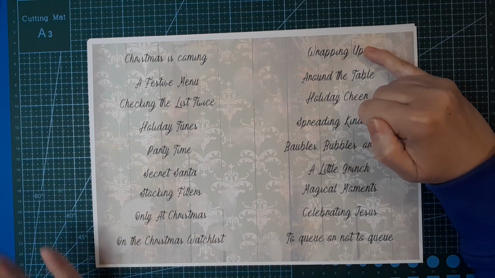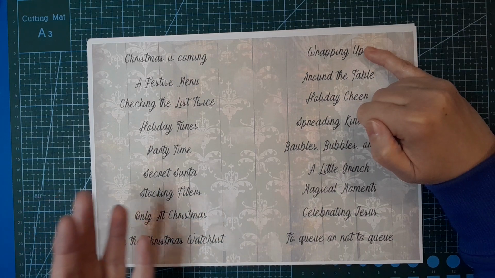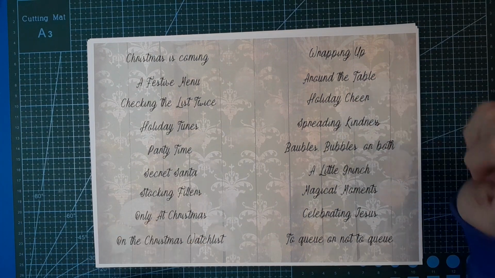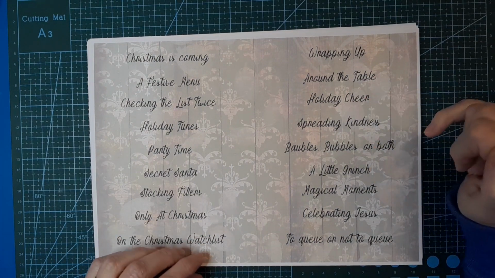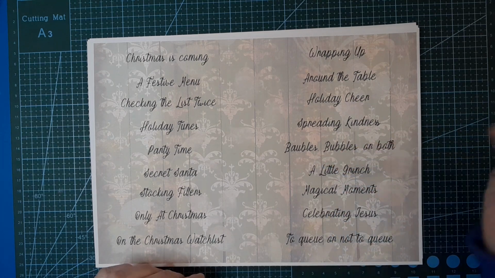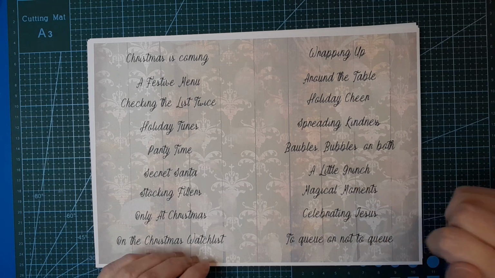Wrapping up, again, it could be wrapping presents, it could be wrapping the year up, it could be wrapping up work, wrapping up something. Around the table, holiday cheer, spreading kindness, baubles, bubbles, or both, a little Grinch, magical moments,